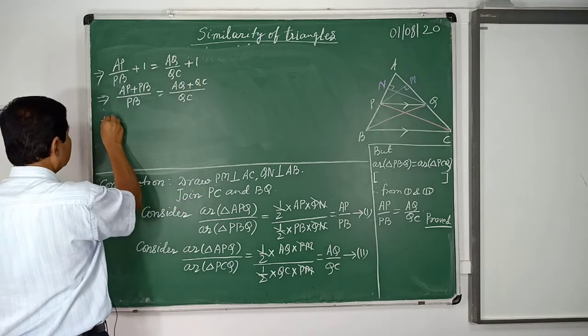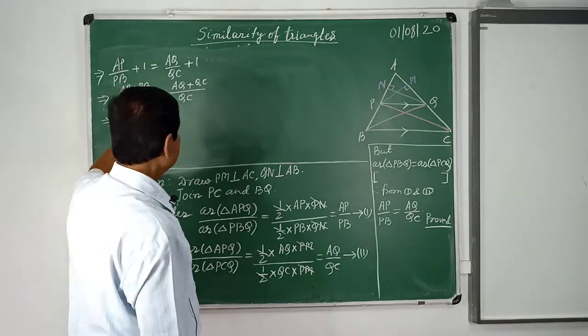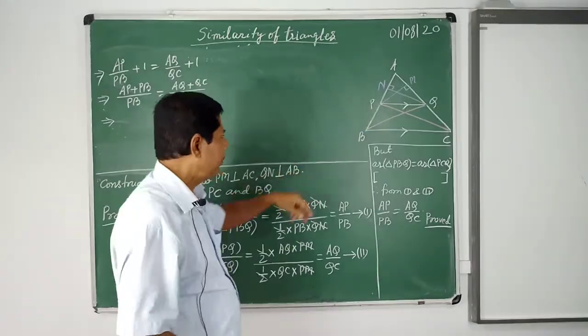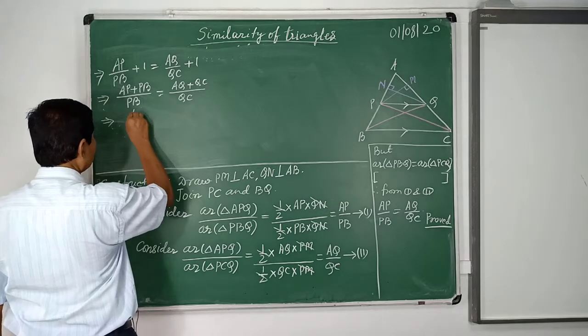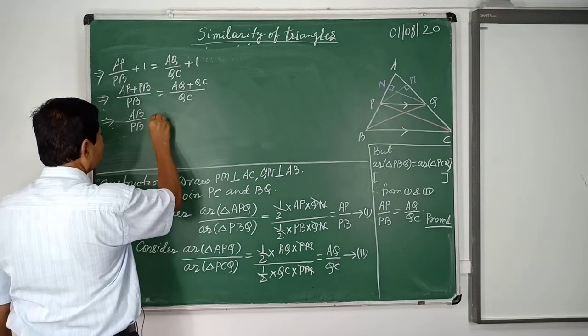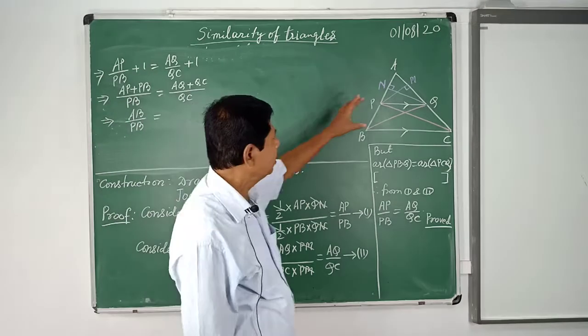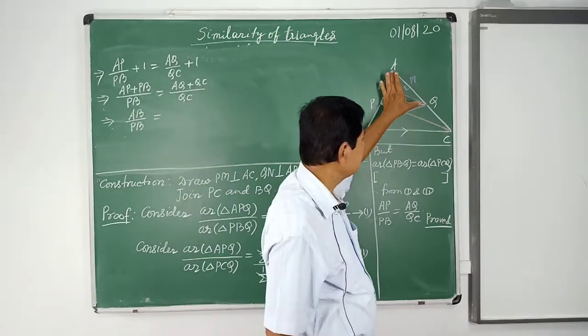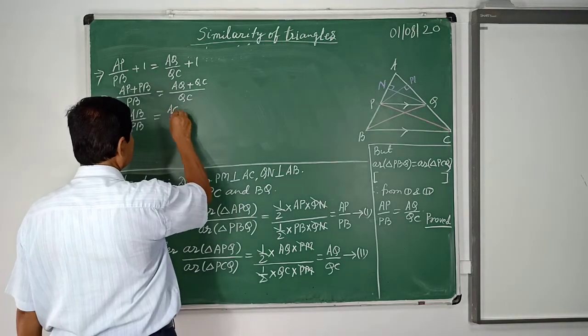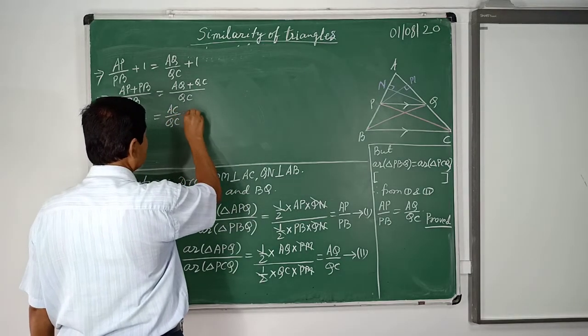This implies, now if you see the figure, AP plus PB, this is AP, this is PB, is equal to AB. So AB by PB equal to AQ plus QC. In the figure, AQ plus QC equal to AC. So AC by QC. This is your result number